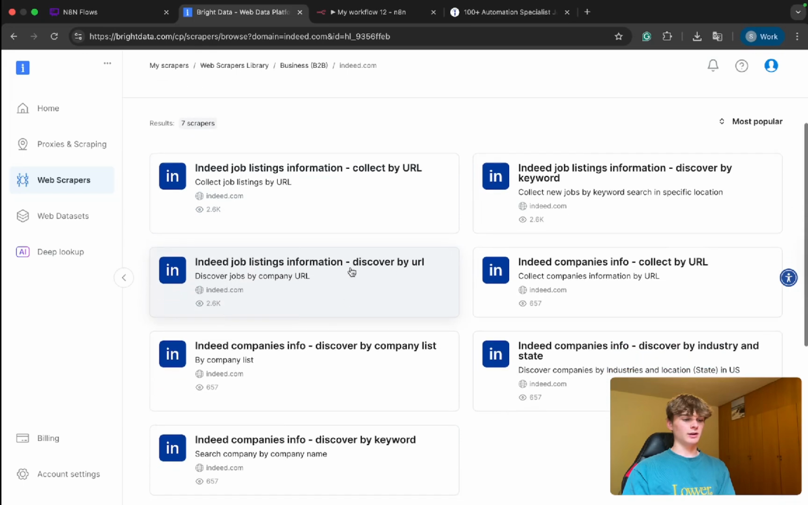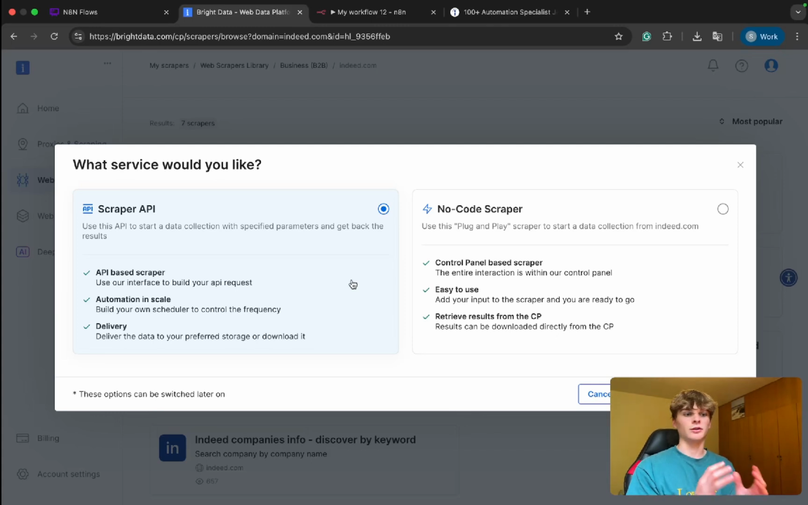And the one we're looking for is Discover by URL. There's also a very similar one, so don't get mixed up here. There's an Indeed job listings information collect by URL and Discover by URL. Collect by URL is a scraper that only lets you scrape the information for one job listing. So one job listing that, say, Toyota posts about an automation engineer. That's one job opportunity. That's all this scraper scrapes. So ensure you have the discover by URL, so then we can provide a whole search bar, which I'll show you in a second, so that the scraper can scrape multiple different